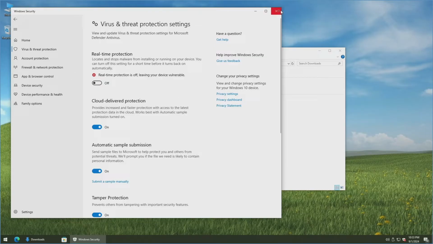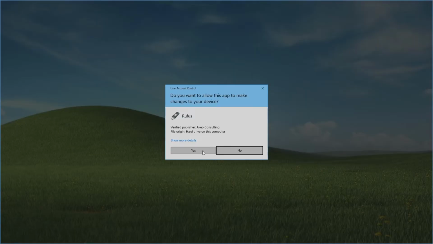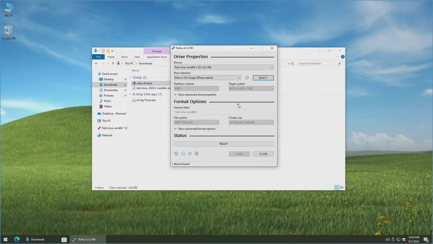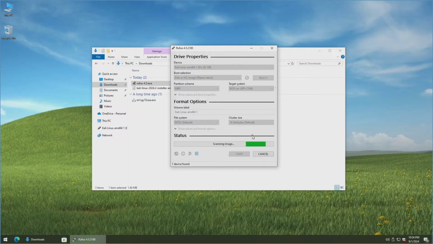So with that turned off, let's close out of this, and then let's double click on Rufus and click yes for the UAC prompt. Nice thing with Rufus is that it doesn't have to be installed. It's very lightweight. It's just a basic executable, so it's pretty snazzy if you haven't used it before. Let's click on select, and then if it doesn't point to your downloads folder or where your Kali Linux ISO is located, then you may have to manually search for it. In my case, I left it in the downloads folder, so I will highlight it, click on open,